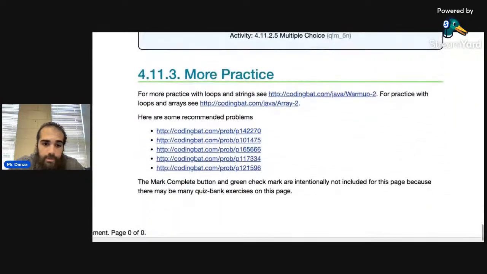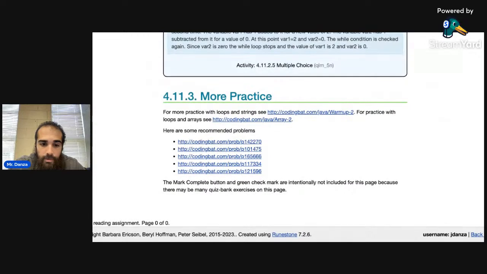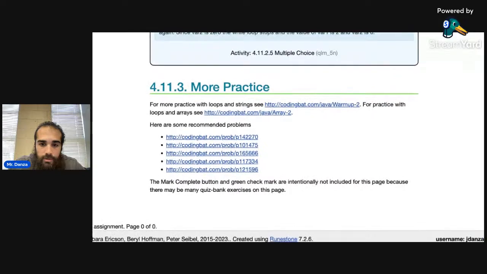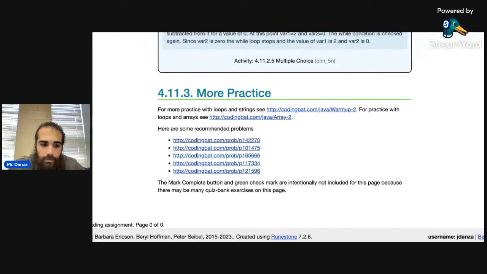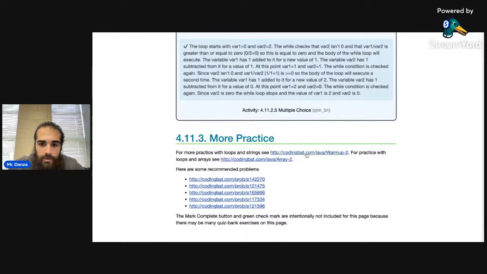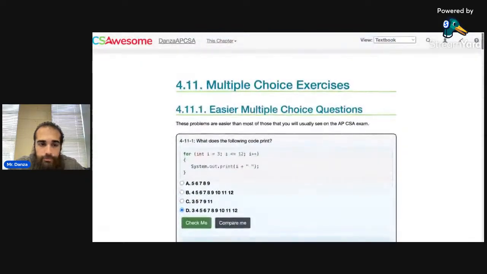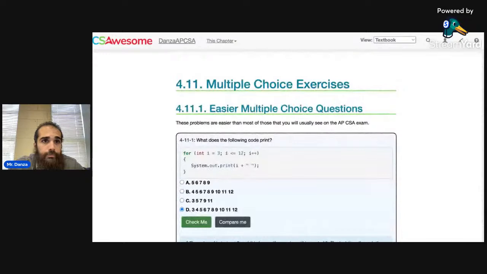There's some extra practice if you want to use that. The mark green button check mark our intention on including this page because there may be many quiz bank exercises. For more practice, you can go there. And that is 411. Now, you guys can